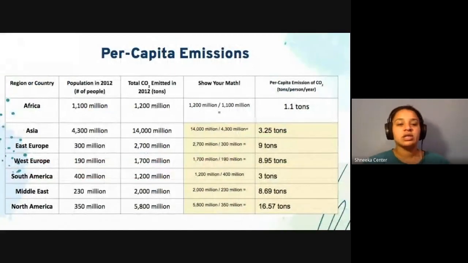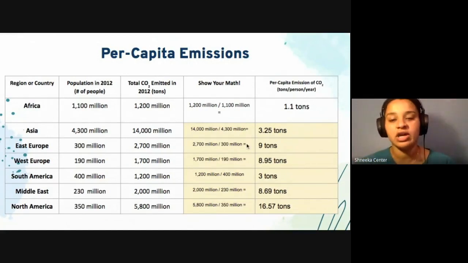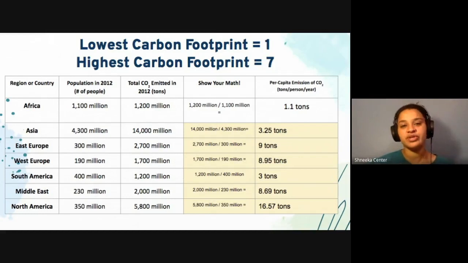So last class, you were asked to calculate the per capita emissions of CO2, which is the carbon footprint. And you should have gotten numbers identical to these numbers here. So take a minute and review your work, which you can find in your student packet, and check your answers with mine. When you're finished checking your answers, you're going to rank each region or country based on their comparative